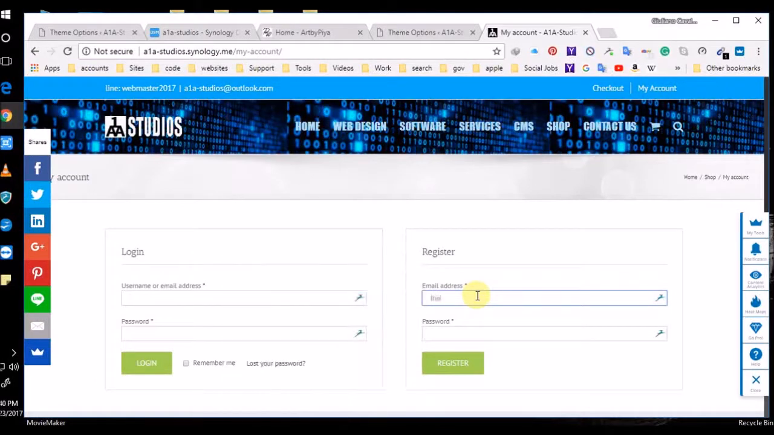Now don't use the same email from your account at WordPress, and I'm gonna make a password, or what the hell,